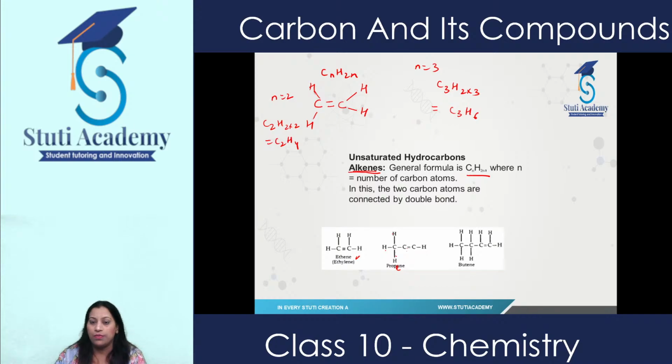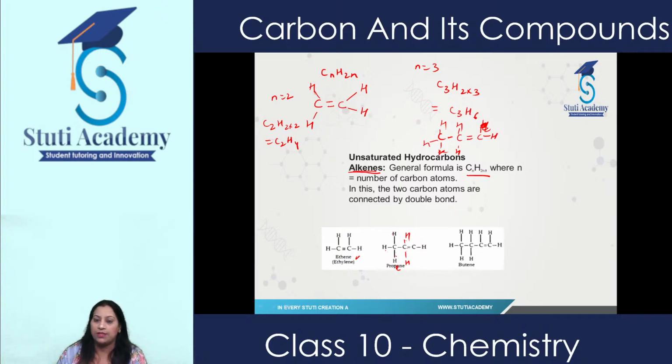Sorry, this is 1, 2, 3, 4, 5, 6. I'll just remove it. 1, 2, 3, 4, 5 and 6. So this is how you will write. Here it is missing. Just write 1, 2, 3, 4, 5 and 6. So 6 hydrogen. This is the way you can write their